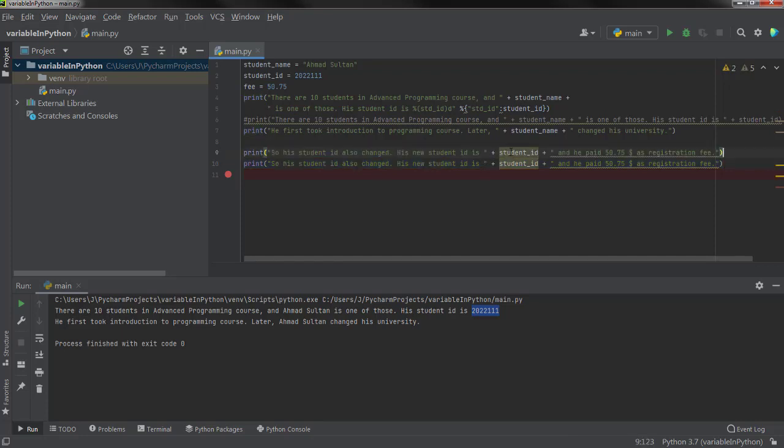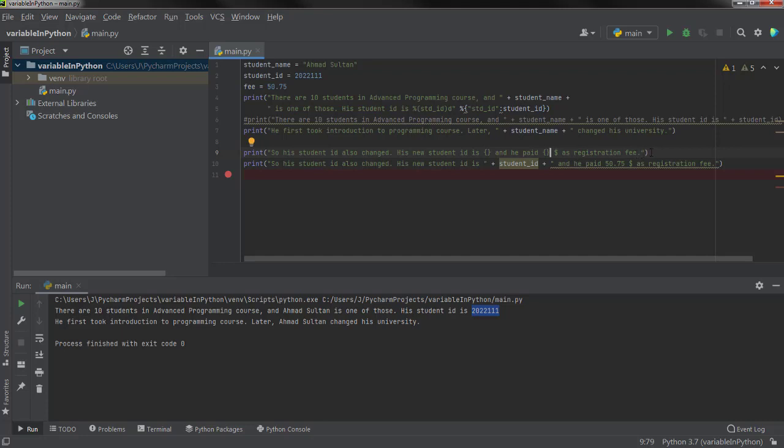So what I have to do is print the student ID. I will place a curly bracket here, and then "he paid a fee". I placed a bracket for this also here, okay, "as a registration fee".